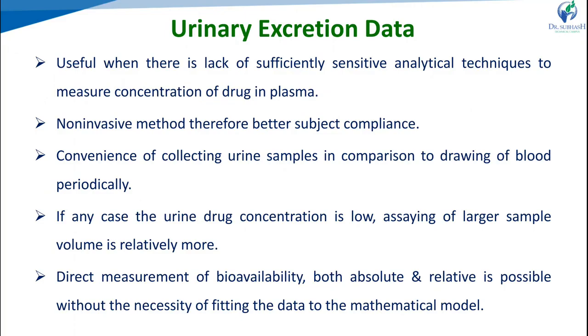The second option, other than the plasma drug concentration method, where we have to take plasma samples and find out the drug concentration in the blood, is the urine sample, using urinary excretion data. Methods that require collection of blood samples after a single dose at regular intervals are sometimes very difficult. At those times, in the absence of plasma level time data, useful information regarding the kinetics of the drug can be obtained, so we can go for the urinary excretion data.